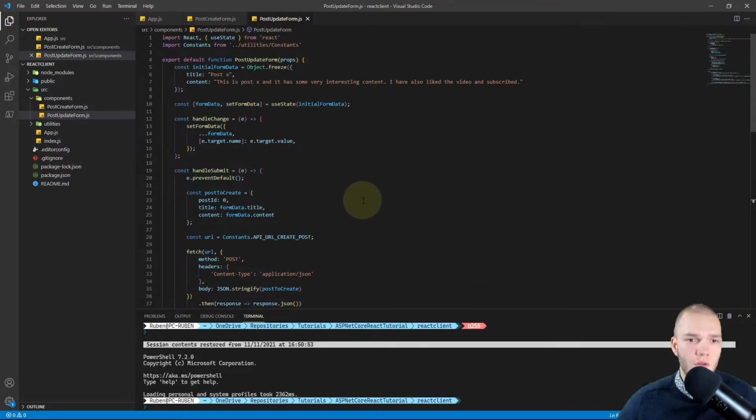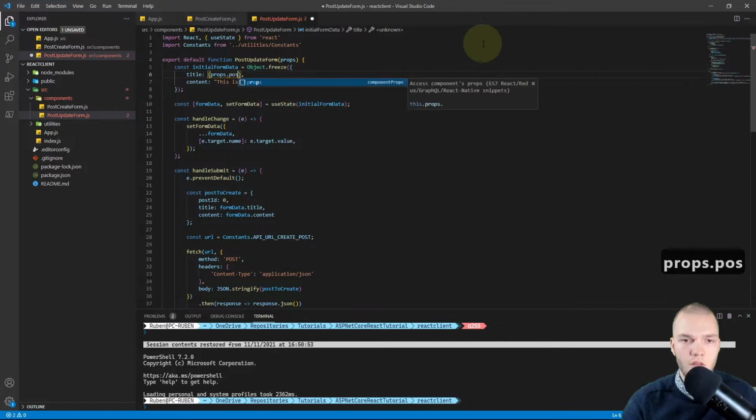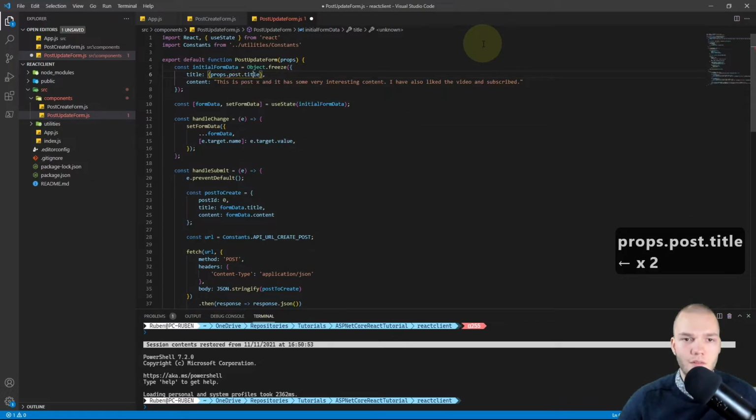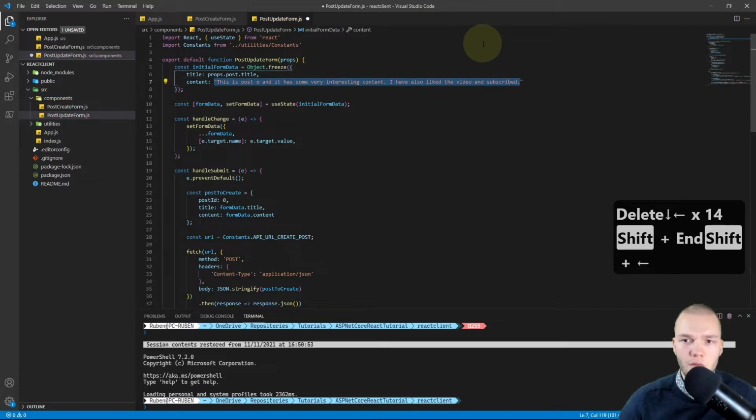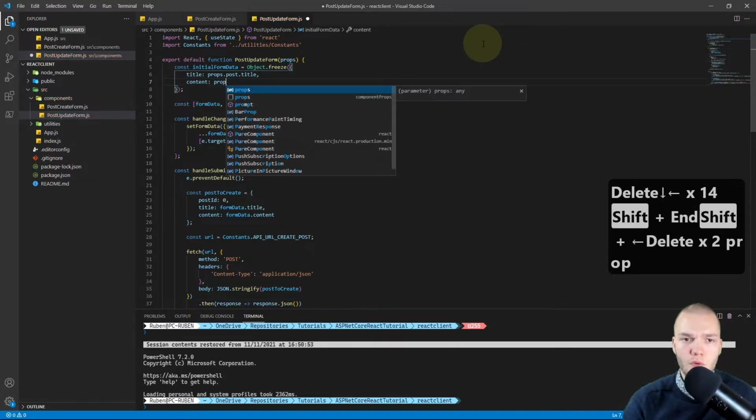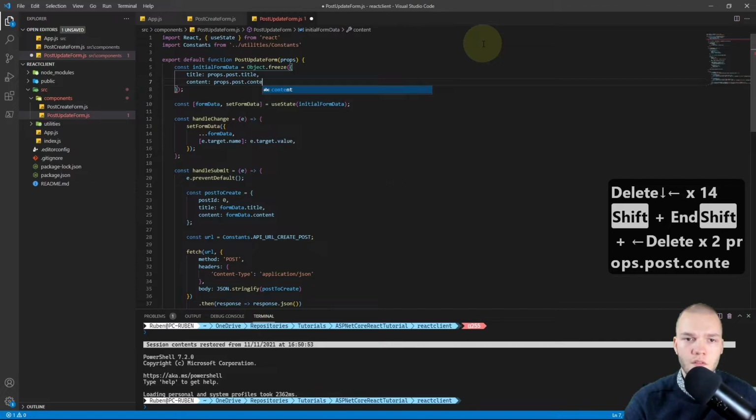I'll just go to the top and we'll set the initial form data to the values of the post we'll receive from the props. So instead of post X, I'll do curly braces and do props.post.title. That does not have to be in curly braces. And for the content, I will do props.post.content.